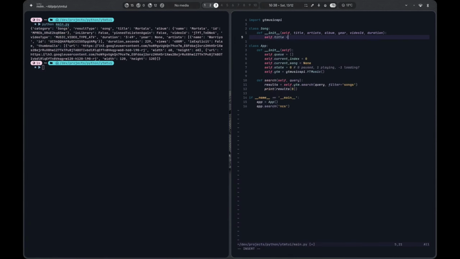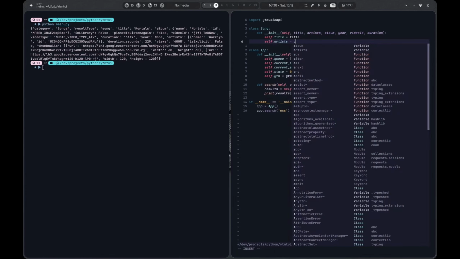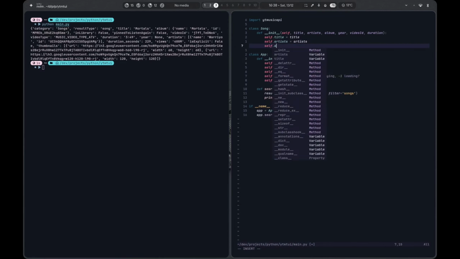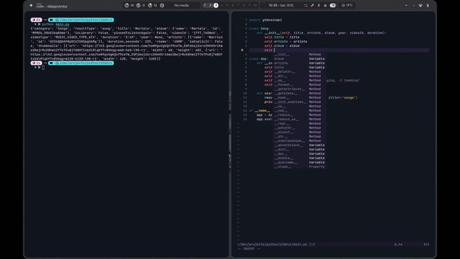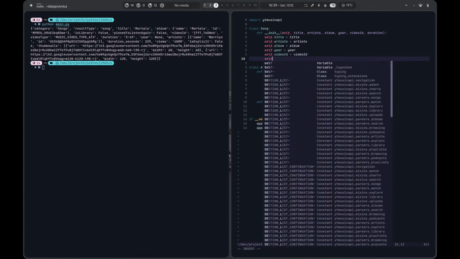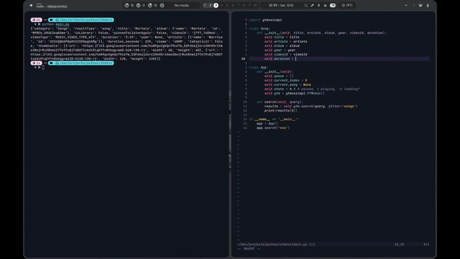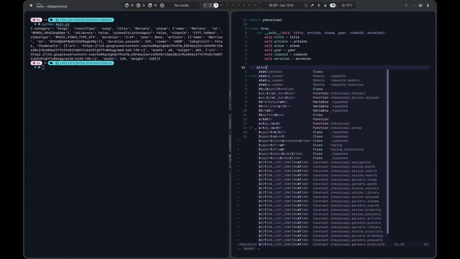So then just initialize it. So title equals title, artists equals artists, album equals album, year equals year, self.video_id equals video_id, and self.duration equals duration. Okay, then we make a static method